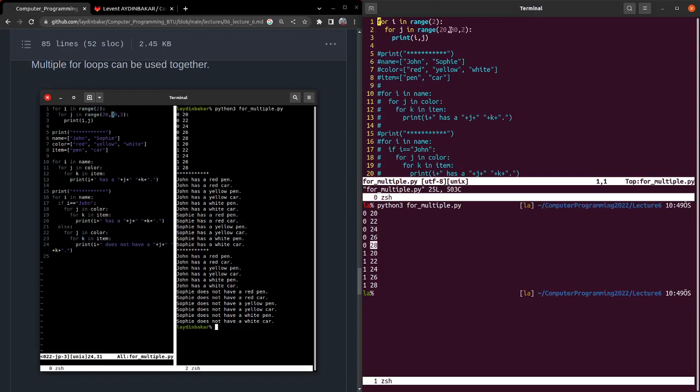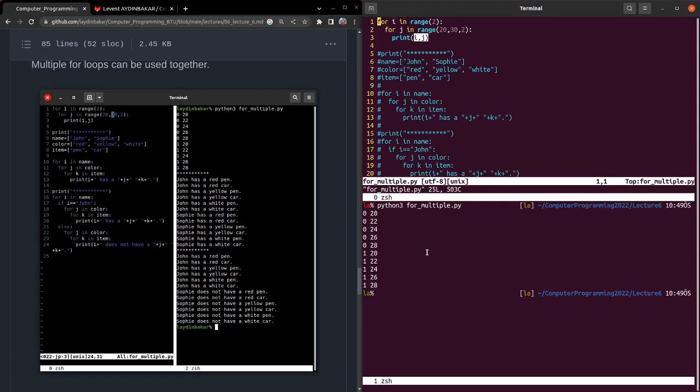After 28 it sees that the upper limit is 30, so it goes to the first line and increases the I to 1. Then it prints 20, 22, 24, 26 and 28 in the second loop. Then it goes back to the first line and sees that the upper limit is 2, and then it exits from both for loops because it finished printing all the I and j